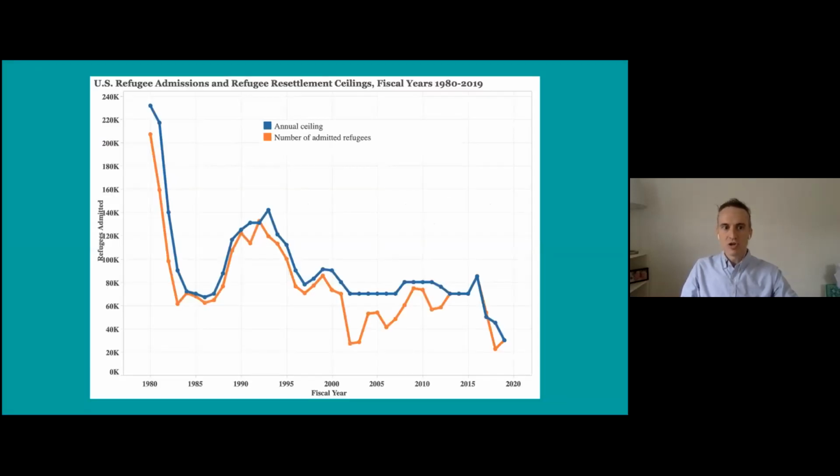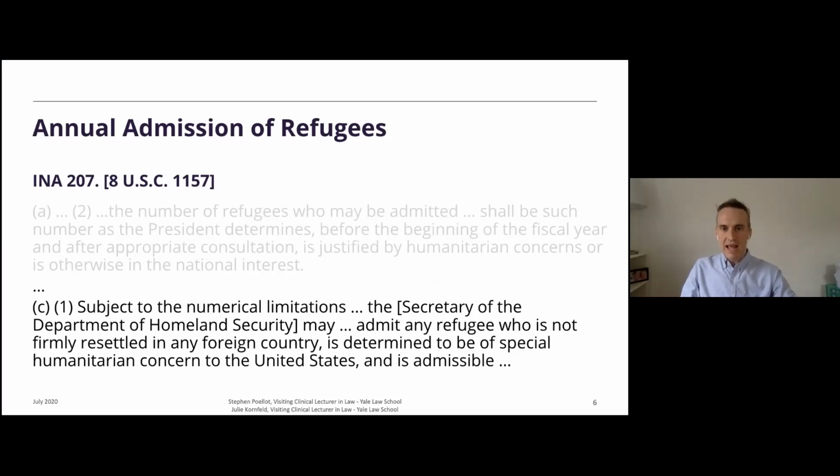In this graph, which shows the annual ceiling of refugee admissions set by the consultative process in blue, as well as the number of admitted refugees in orange, you can see the admissions numbers over time and the historic low point reached under the Trump administration. Section 207 of the INA does not include a detailed mandate for the structure or operations of USRAP, instead stating in part that subject to the numerical limitations, the Secretary of the Department of Homeland Security may admit any refugee who is not firmly resettled in any foreign country,